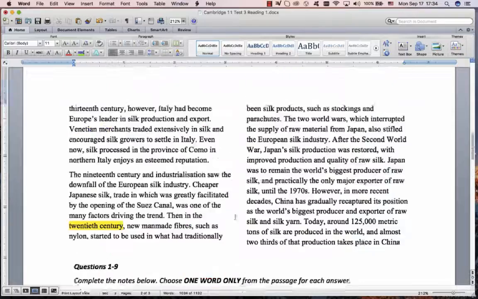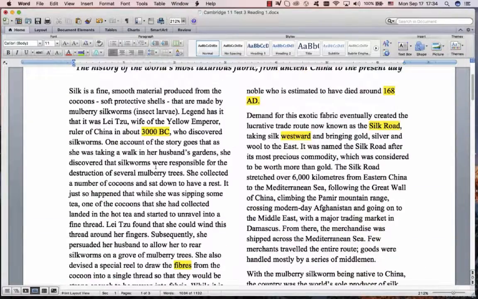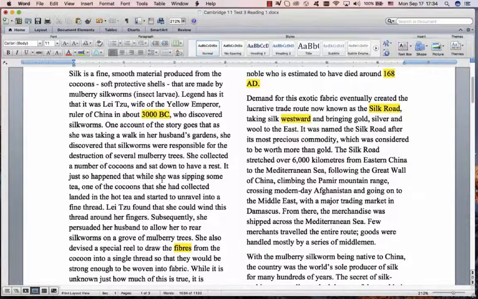Something fell into the emperor's wife's something. So you have to kind of read this whole thing, follow the story. What you're really looking for is the verb, it fell. Can you see anything that means it fell? Pause the video if you can't. Somewhere in here is a verb that means fell.